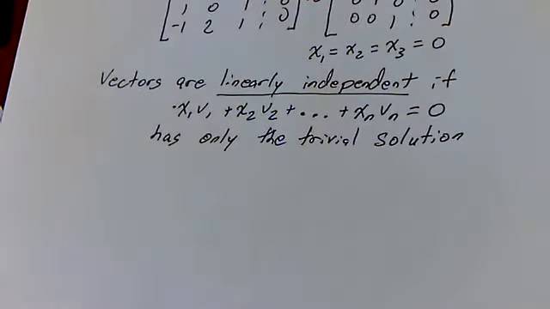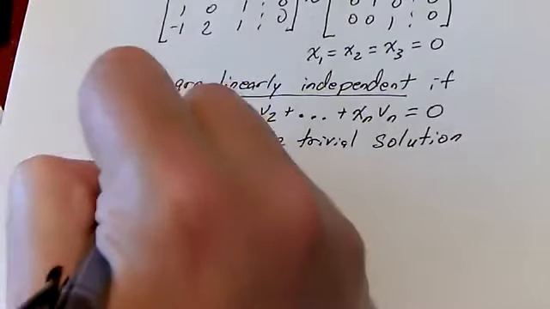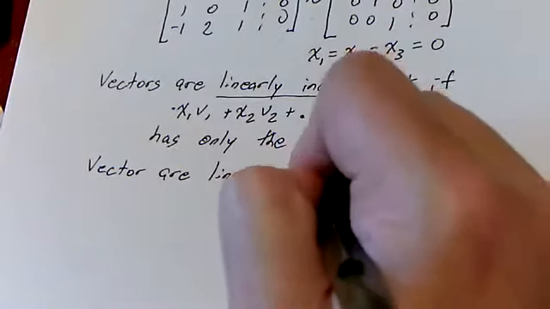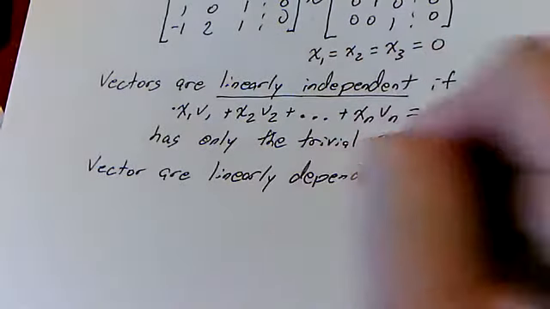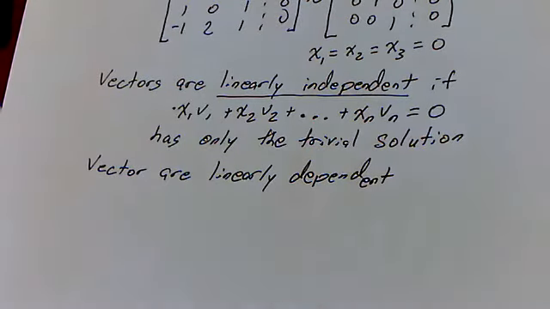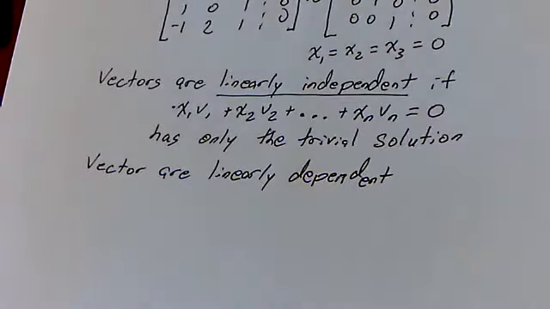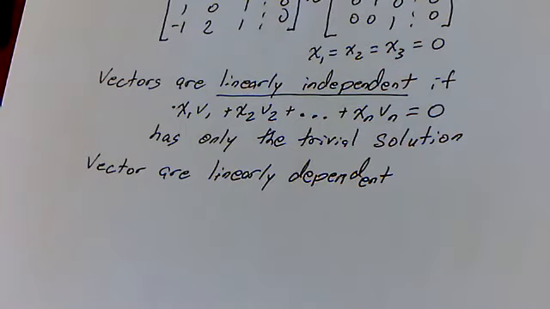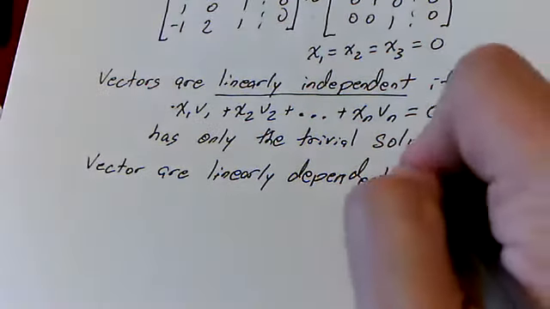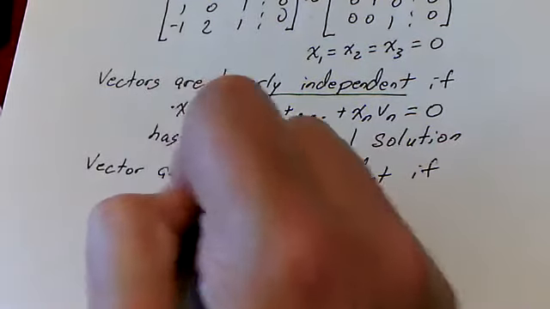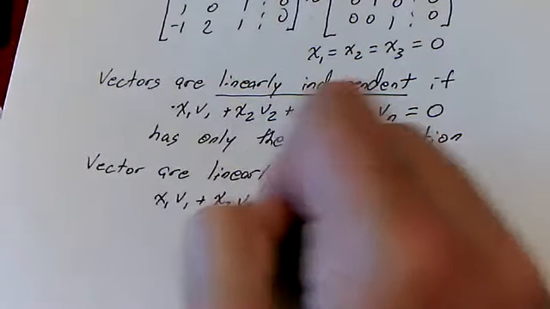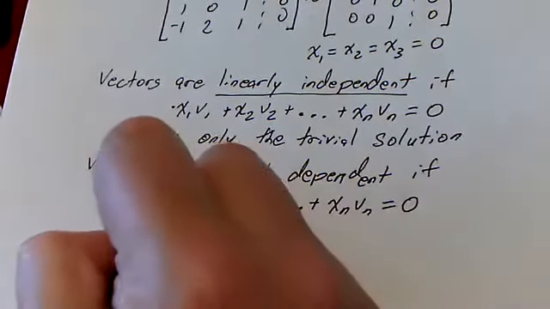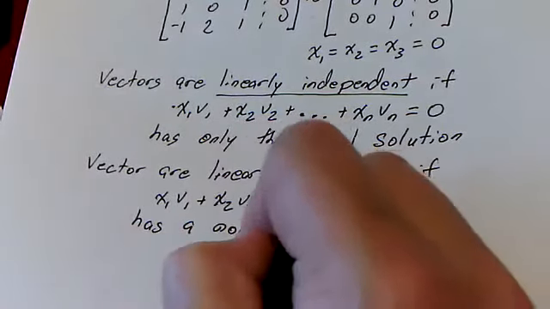Now, naturally, we're going to have a corresponding definition for linearly dependent. And much as with many previous definitions, we tend to shorten that verbally to just independent or dependent. A lot of times we leave off the word linearly because we're in linear algebra. We know we're talking about linear equations and linear systems. So those vectors are dependent if our vector equation, x1 v1 plus x2 v2, as many vectors as we need, all the way to xn vn equals 0, has a non-trivial